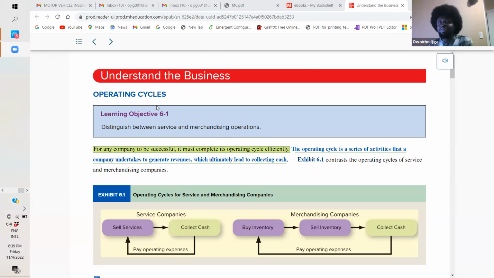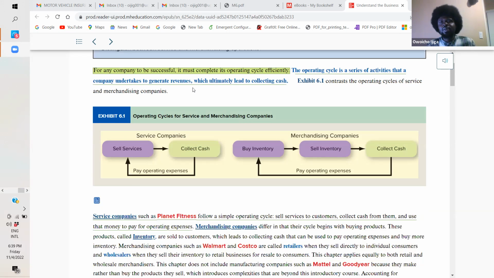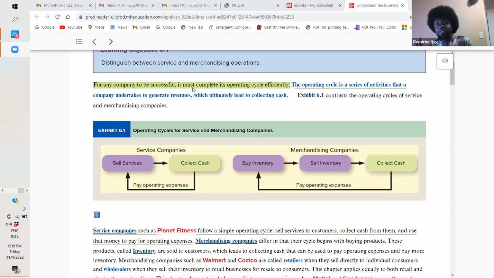But there is this second class of business that we call merchandising companies. These companies, rather than offering service, they buy inventories at lower prices and then resell these inventories. They sell the inventories at a higher price than what they bought so that they can make profit